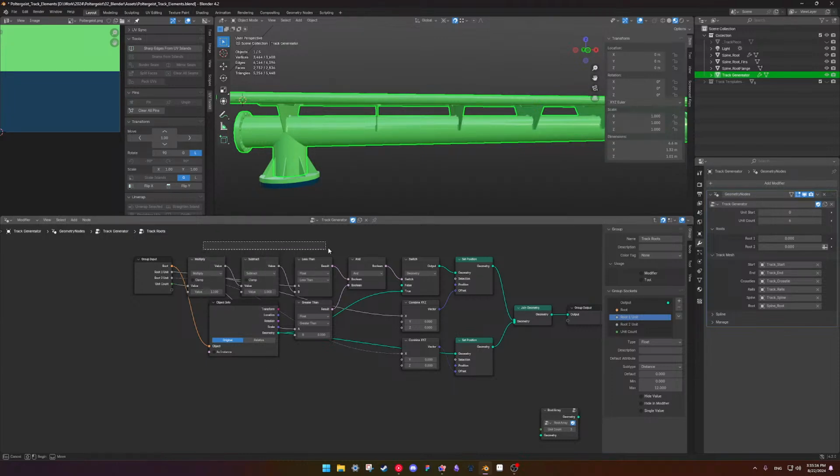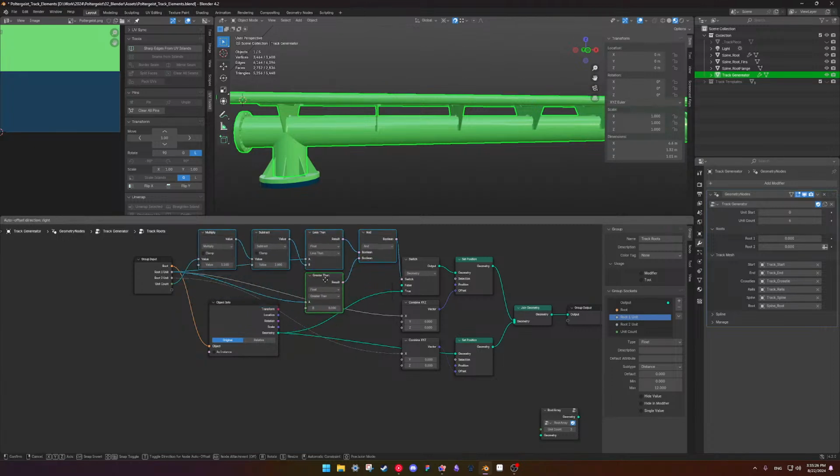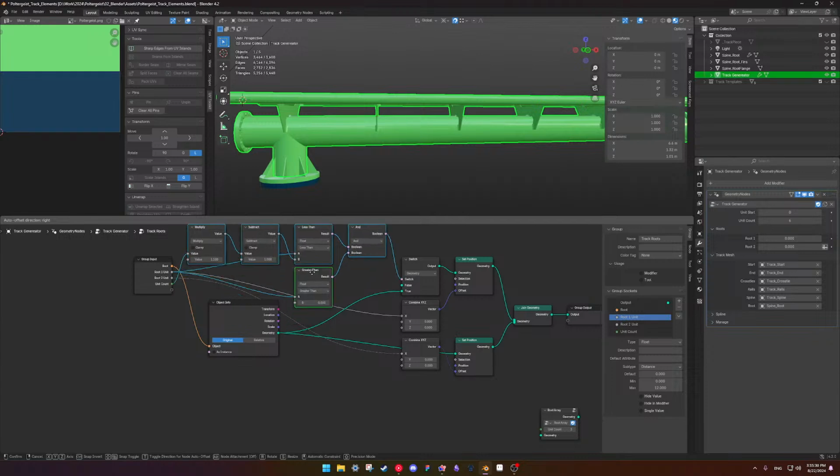So all of this. So this is all the math that goes into that, and it's greater than, you know.